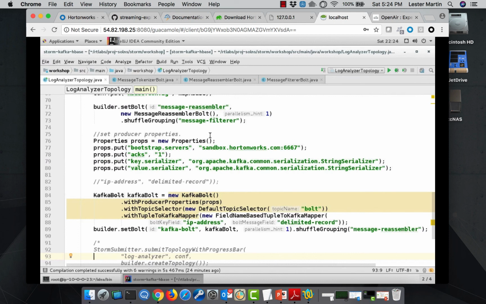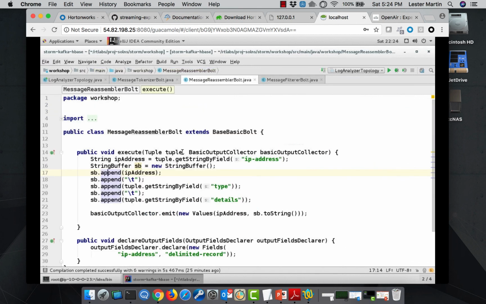So what I really decided to do is have it go ahead and listen to the filter as well. This is the same place the HBase bolt listened to. Let me have the flip of the tokenizer bolt from earlier, a reassembler bolt. So this is just kind of the reverse of what we talked about earlier. He's taking those different fields and just slapping them together with a string buffer: IP address tab, type tab, details. So it's building a simple